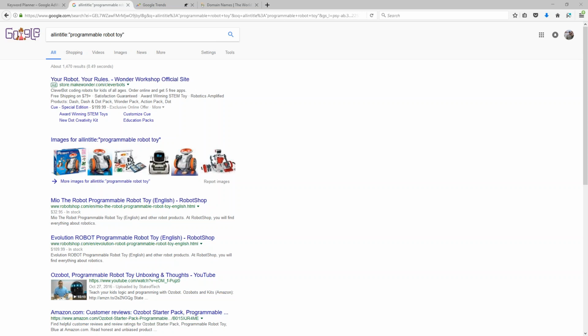Now, this again does not guarantee the level of competition. It is more of a general gauge for that level of competition. But when I see 10, 20, 50,000 results for this all in title search, I know that there are so many other pages trying to target this keyword that my chances are not very good to get a ranking for it. So I avoid those. I'm looking for something 1,000 or less,